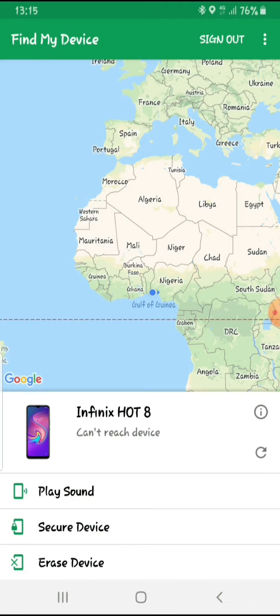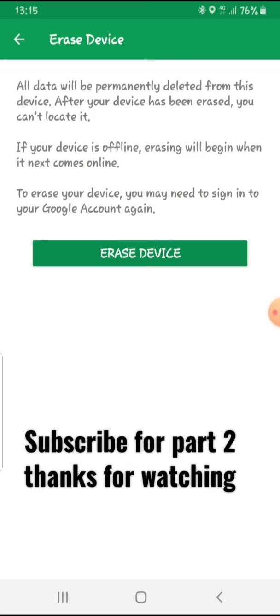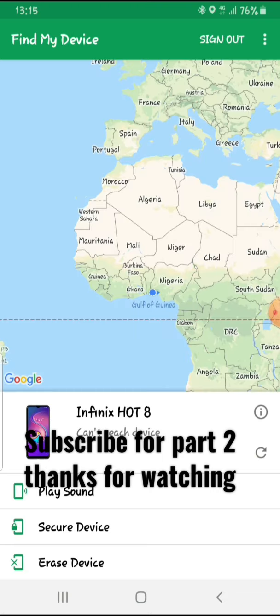The second thing you can do is to erase your device. Let's say your phone was stolen and the location was off, and you couldn't reach the phone at all. What you just need to do is click on erase device. Let's say you're like, okay, they stole the phone, let me just erase everything so they don't have access to my documents, my pictures and things like that, to use to do runs or something, or my bank details are in my phone. Oh my god, you can just click on erase my device. Once I click on erase my device, every single thing on my second phone will be wiped out immediately. Now you see,